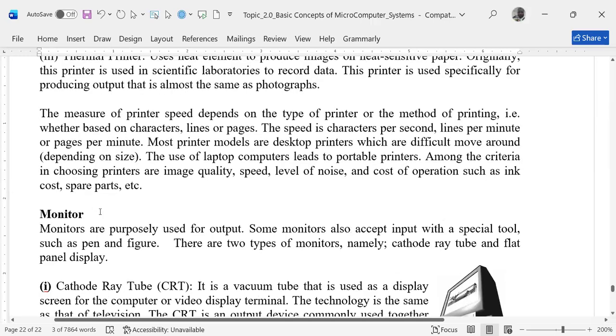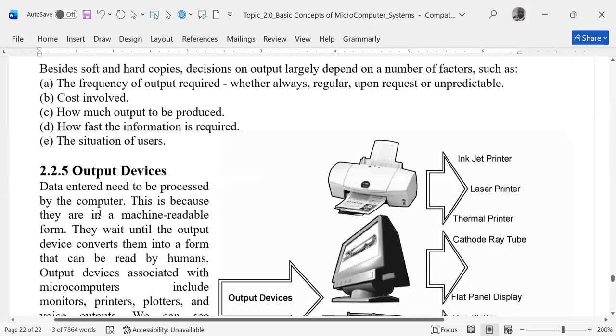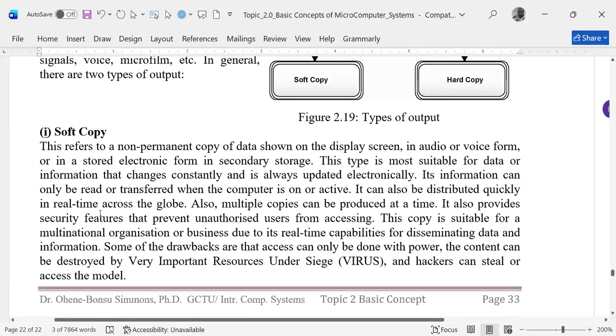So that is that for this topic. I'm going to topic 3. If there is any question here, let me explain quickly as we move to it. Put in mind that we have two types of output: soft and hard. The soft is what you could see on the screen, the voice, the signal. They are all soft. And then the hard, printed copies. And when you weigh the two, the advantages and disadvantages. Good. I'll give you about a minute as I move to the next topic.